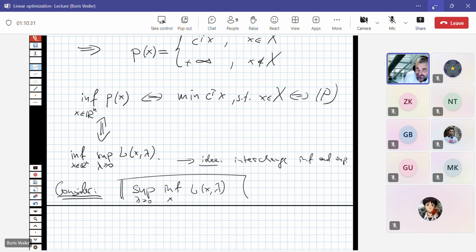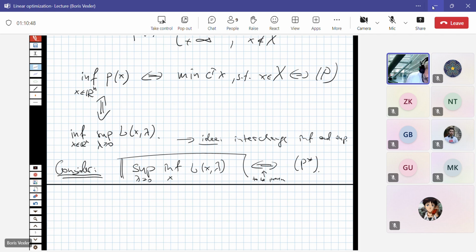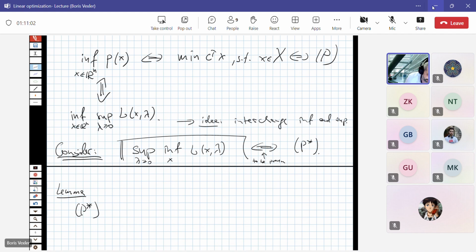This is similar to what we did just before the break, where what comes out is our P star. We will prove it. Let us formulate this as a lemma. Actually, this is the derivation of this P star, if you want. This P star, which was